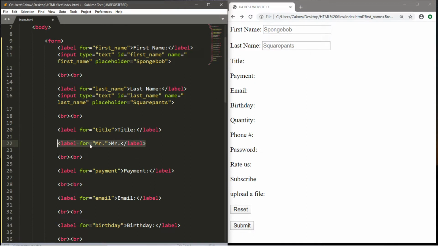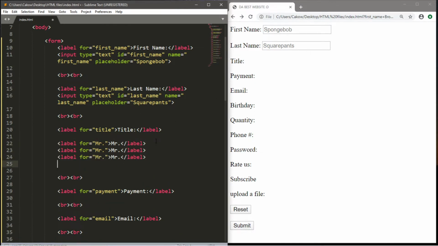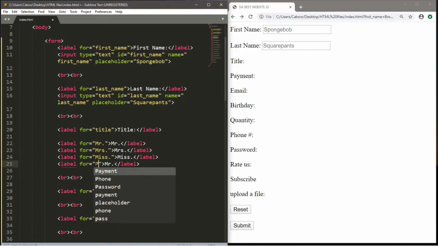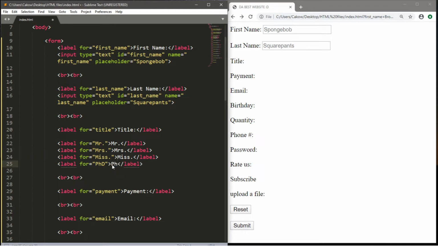Then we'll copy this and paste it a few times, perhaps 4. And we'll make the second label for Mrs., the third one for Miss, and then we have to change the text to PhD. And we can probably stop there, even though there's many more titles. Let's save this, reload.